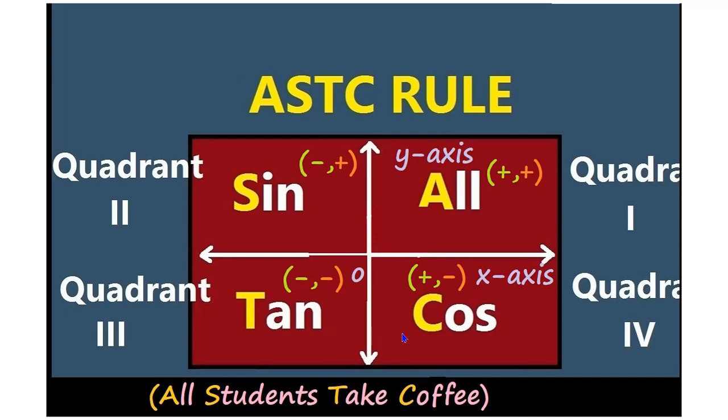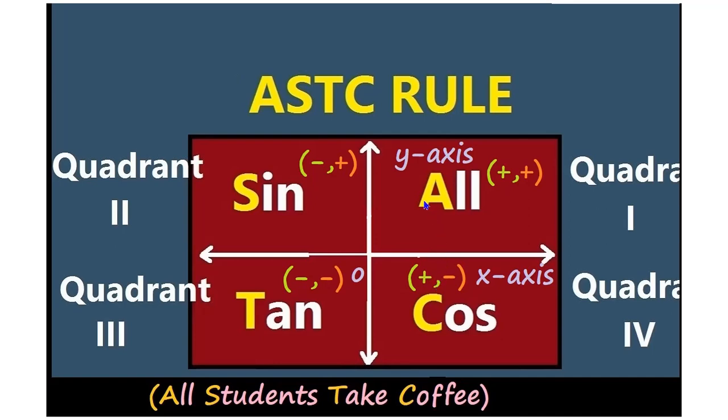If you come to the fourth quadrant, x coordinate is positive and y coordinate is negative. Here sin is negative and cos is positive. What about tan? Tan is minus divided by plus, which is minus, therefore tan is negative. Thus cos and its reciprocal are positive, and the remaining trigonometric functions are negative. Thus we have to remember this result.